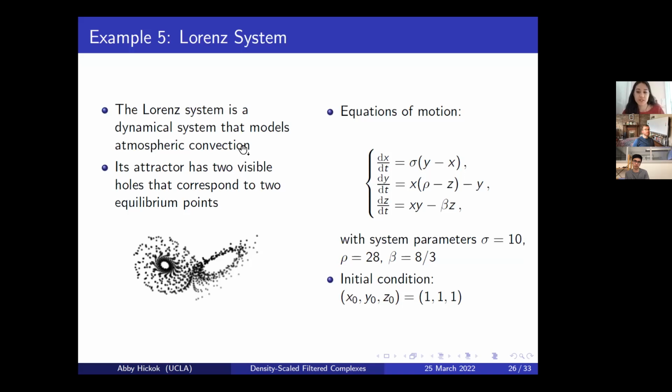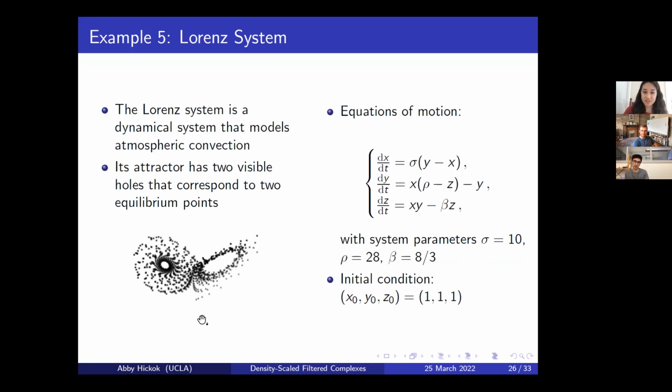Okay, so this is my last example. This is a real example, sort of. This point cloud is coming from the Lorenz dynamical system, a dynamical system that models atmospheric convection. I've put the equations of motion on the right here. My system parameters are just standard system parameters. And if you've seen dynamical systems at all,